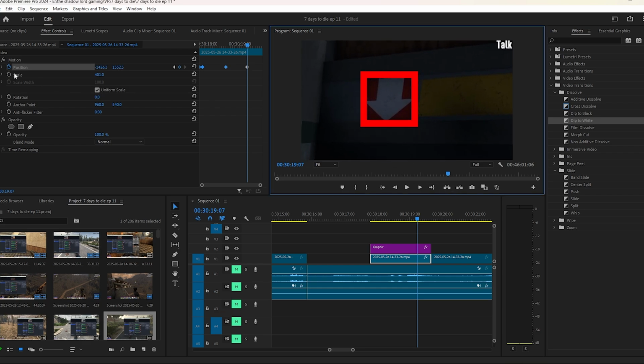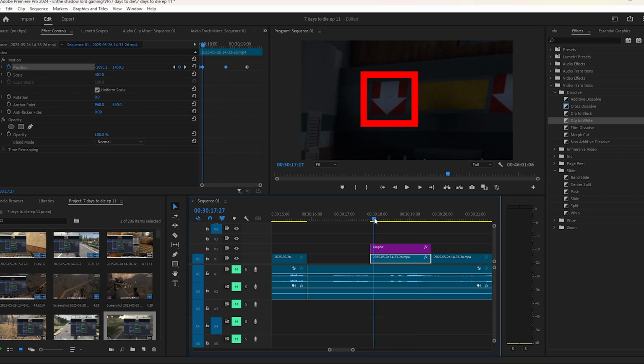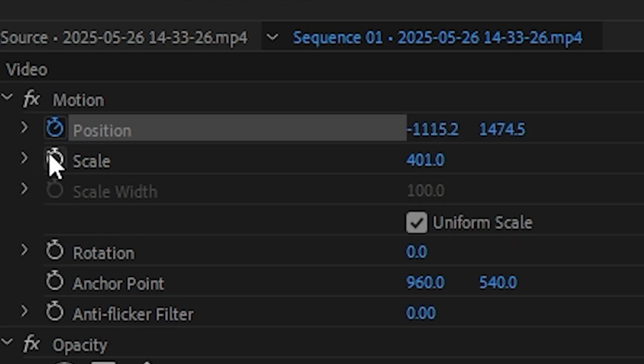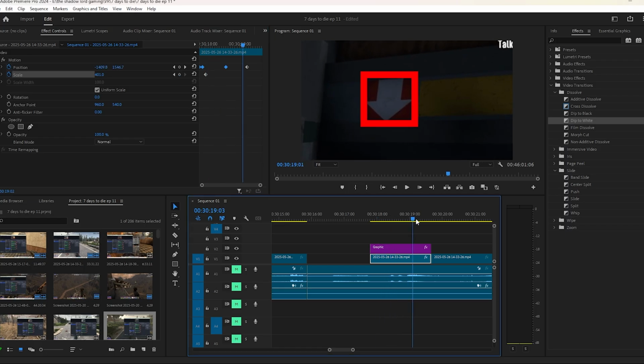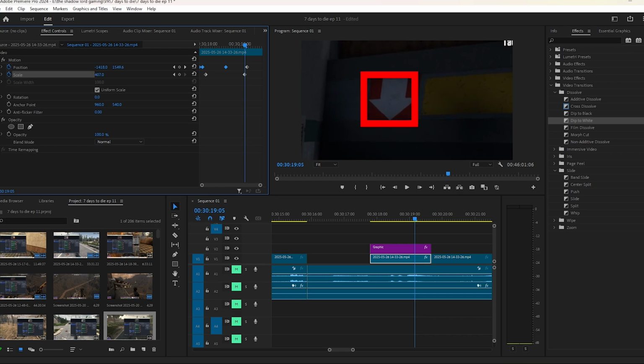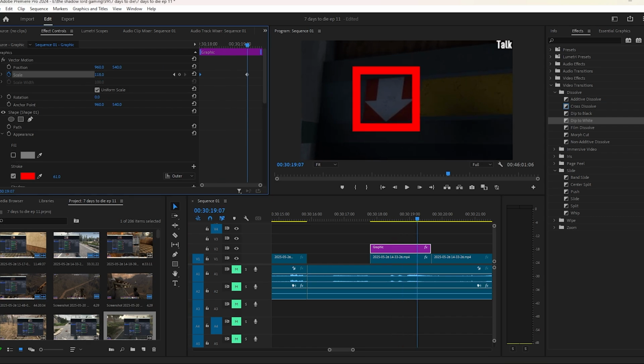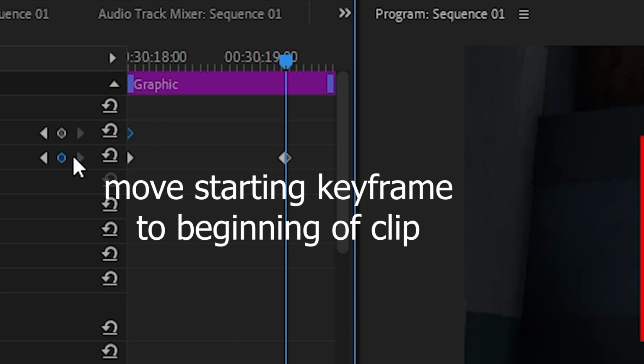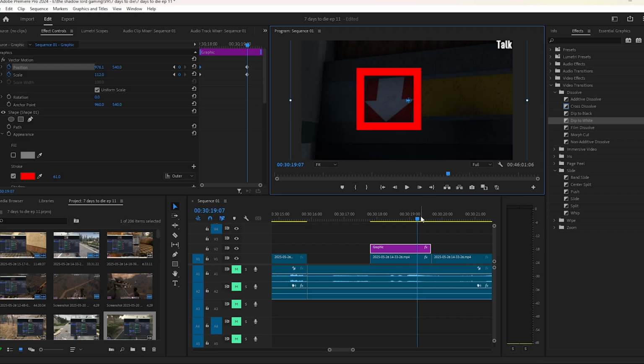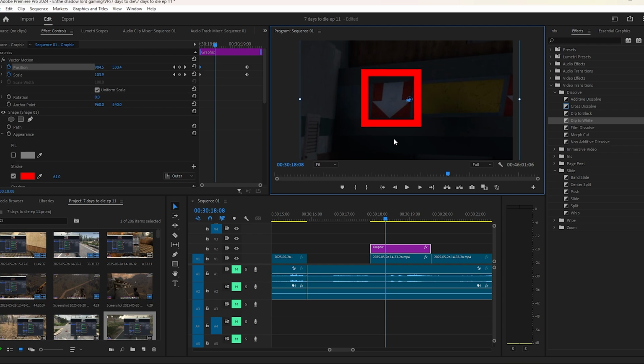Now it's kind of out of the scale. I can also set the scale where I want it. So I can do this with scale. Say I want this to scale. Oops, my bad. I wanted to do it for the shape, not the actual image. I wanted to scale the shape out like this. And I can even change the shape position as well if I wanted to. Like I can change it a little like that. Well, it's more in line